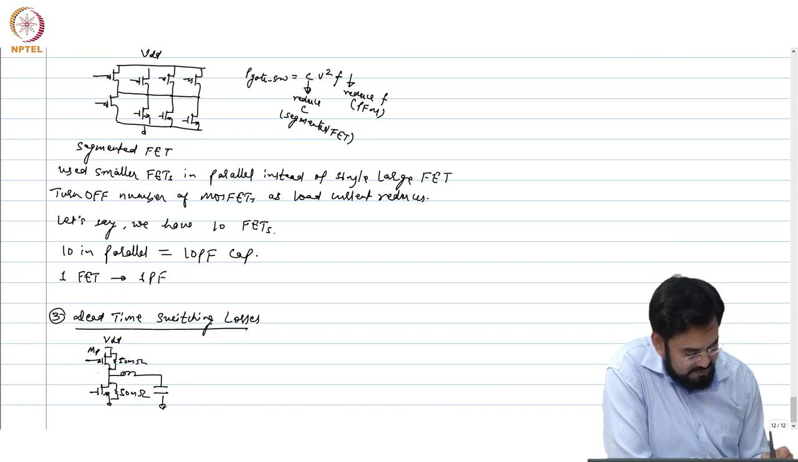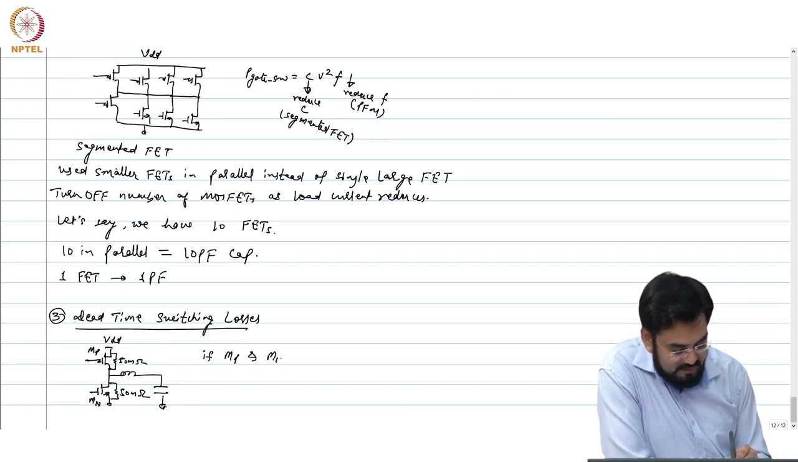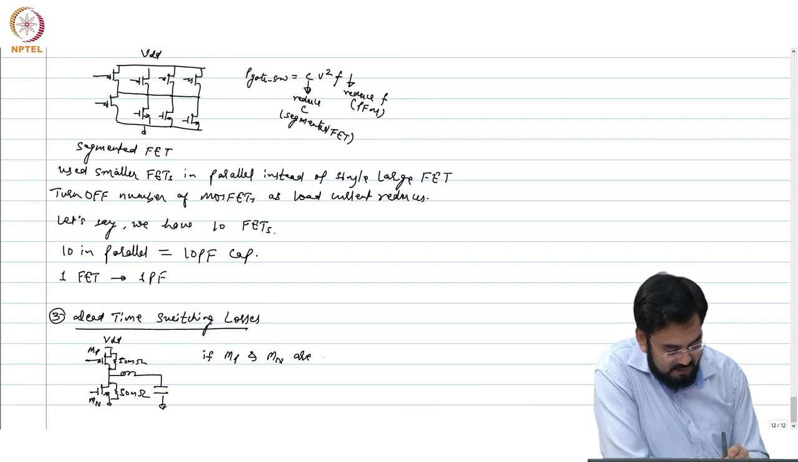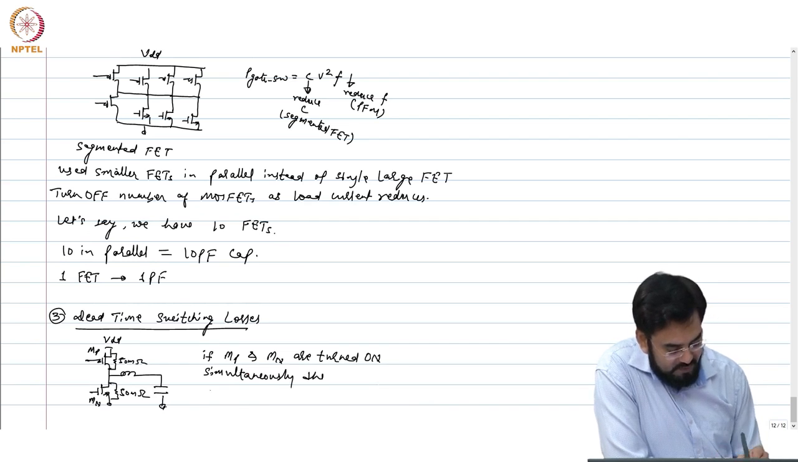So this is empty. So it's empty and MN turned on. What will be the IDD current? 500 milliohm. So if this is 1.8 volt,